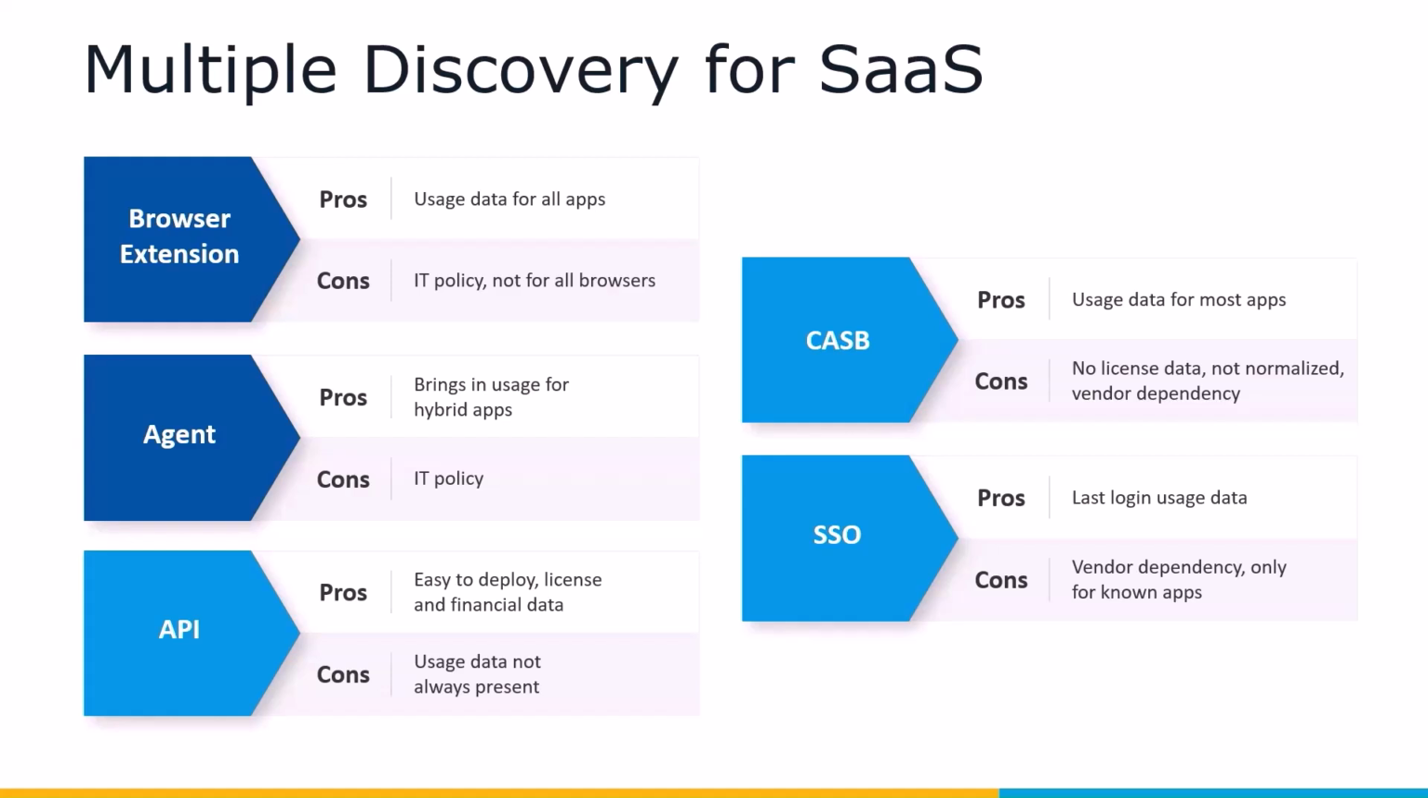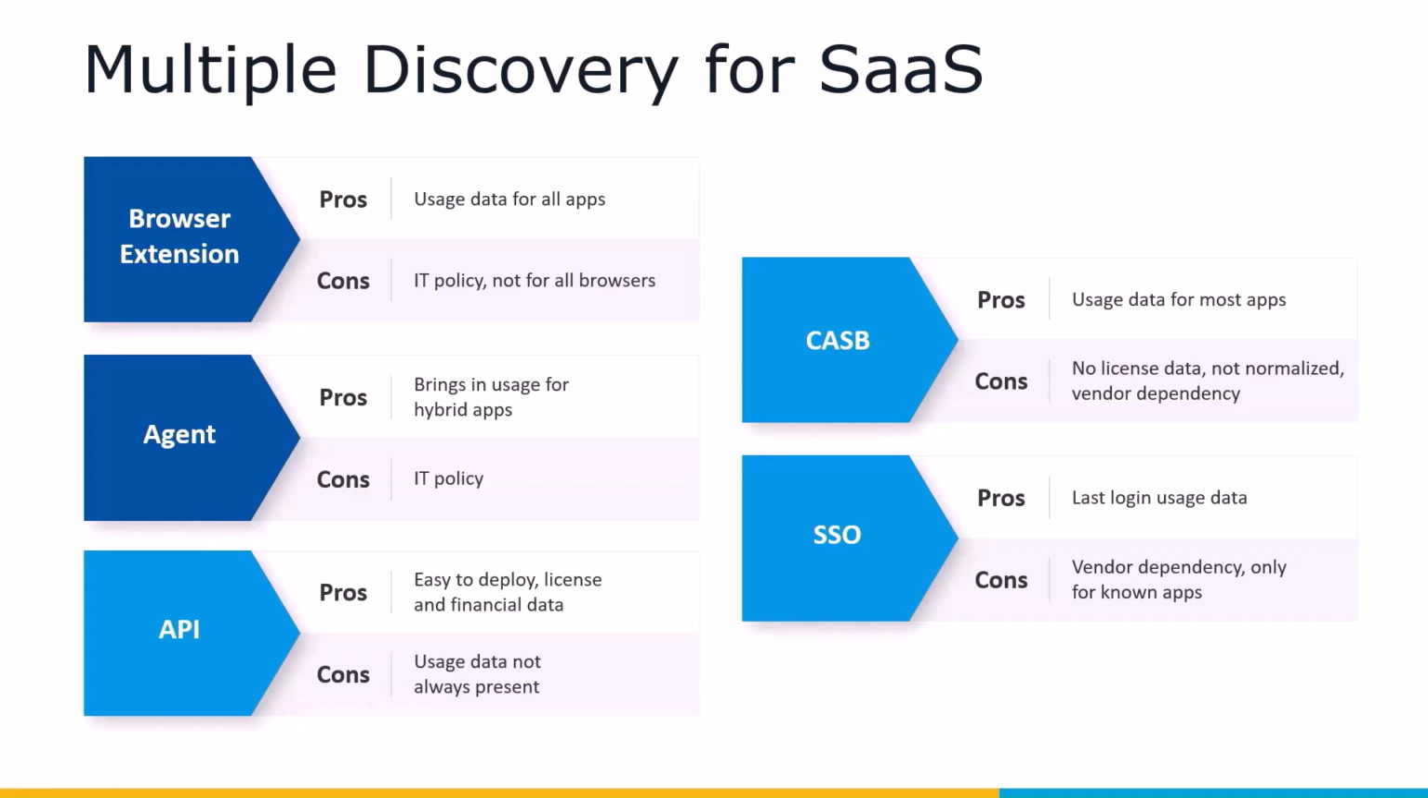If you're an existing Flexera customer, you would have the agent already deployed, which tracks on-device application usage. For the browser extension, it can be pushed from the agent and supports Google Chrome, Mozilla Firefox, Microsoft Edge, and Apple Safari. Vendor APIs, CASB, and SSO can be configured within the platform, but are vendor-specific, so please refer to